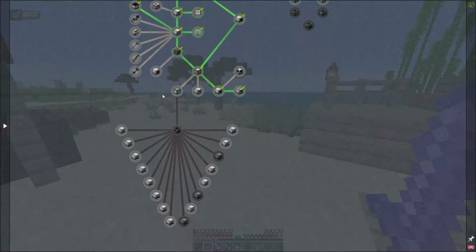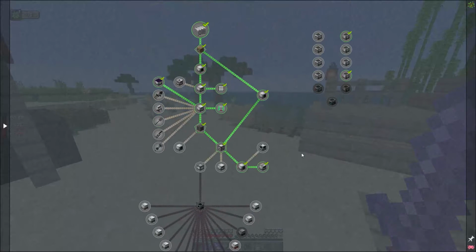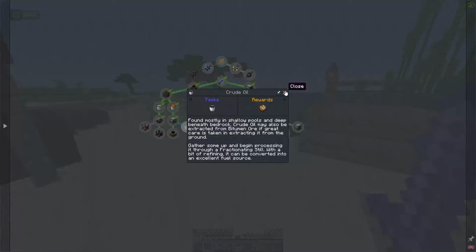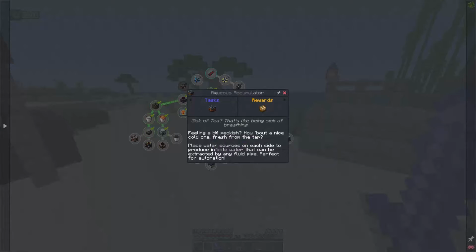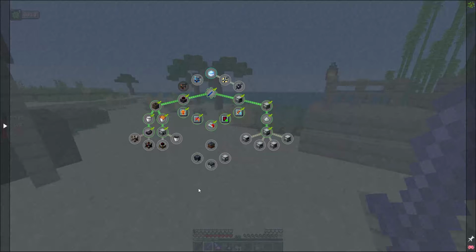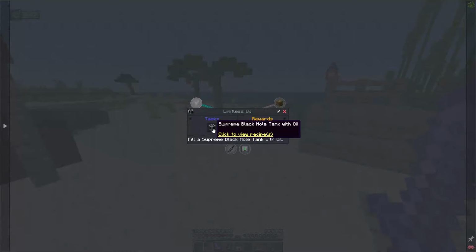Industrial Foregoing is one of those ones that will actually take you more into late game. So right now, all these right here are really late game. The Thermal series, I think we're pretty much done with the Thermal series stuff. These two machines right here are really the only two machines in here that I honestly might get into. If you go up here to challenges, there's limitless oil,